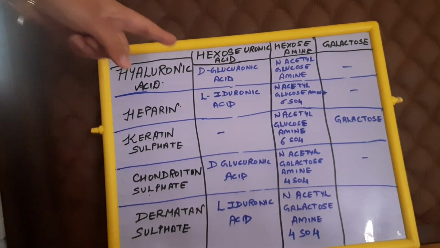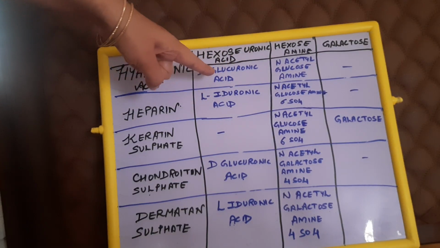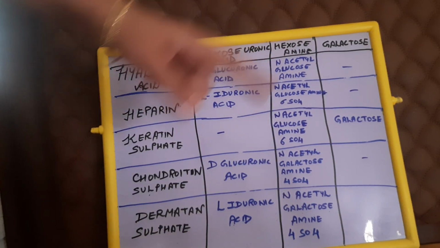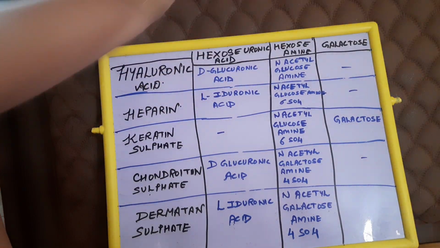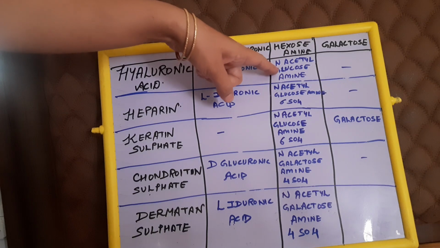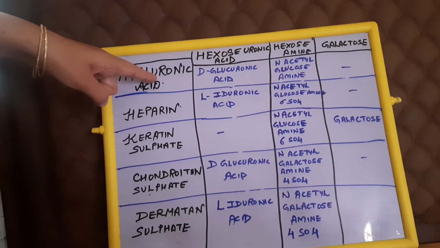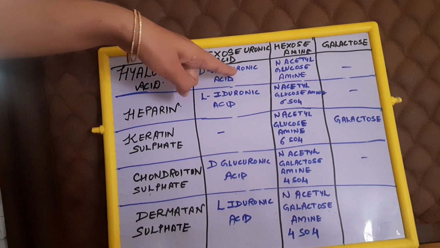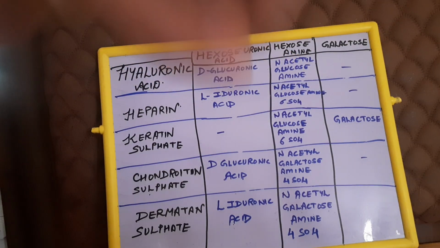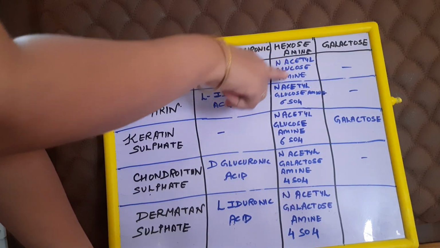Now of course you must be knowing that this glycosaminoglycan is made up of two monomeric units, glucuronic acid and N-acetyl glucosamine. One of the monomeric units will always be a uronic acid, which is glucuronic acid, and the other is an amino sugar, that is glucosamine. Both of them are glucose. In hyaluronic acid, in the spelling, U is coming, like U and L. So from L I remember it as a double U. That means in both the monomeric units there will be U: D-glucuronic acid and N-acetyl glucosamine.